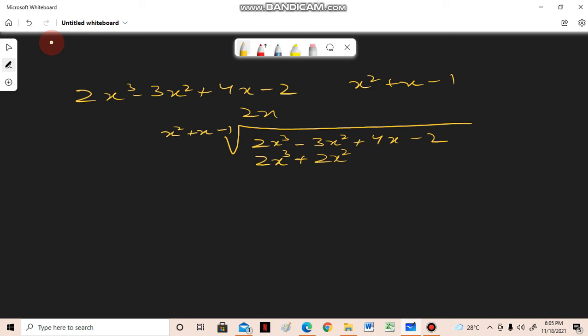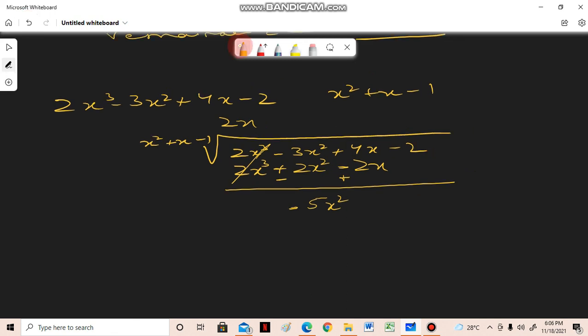Now the only change that is going to happen is that we will multiply this minus 1 as well with the 2x. So minus 1 multiplied by positive 2x is minus 2x. Now we will solve this, and this will cancel. This will become negative, so negative negative is positive. So 3 plus 2 is 5x squared, and the sign will be of minus. In the same way, this will become positive. So positive positive is positive, and 4 plus 2 is 6. So 6x, and the sign is going to be of positive, and this minus 2 will come downwards, right?